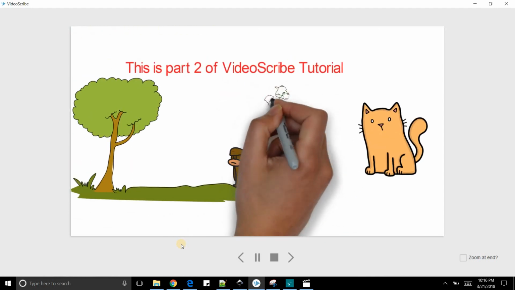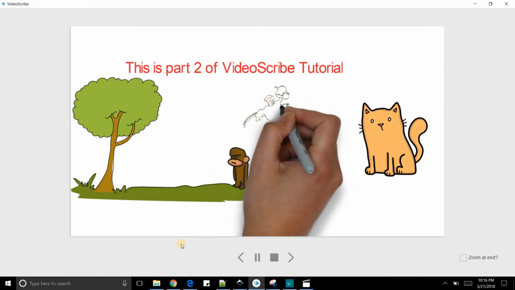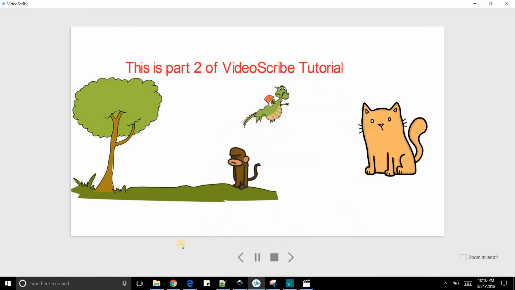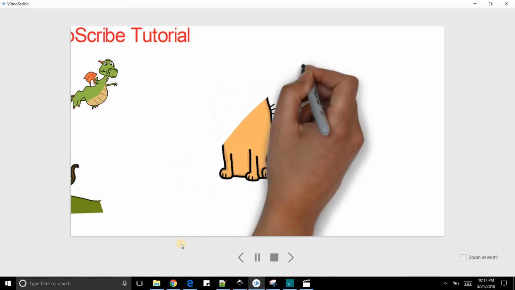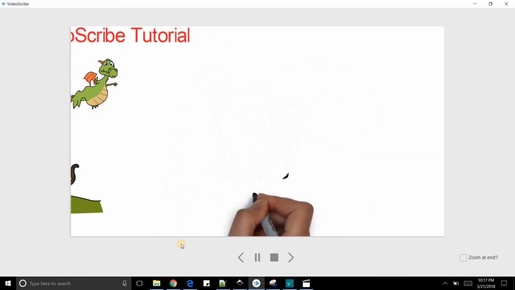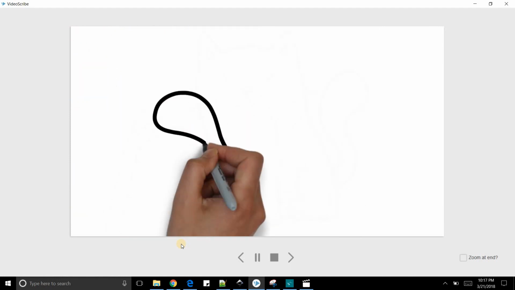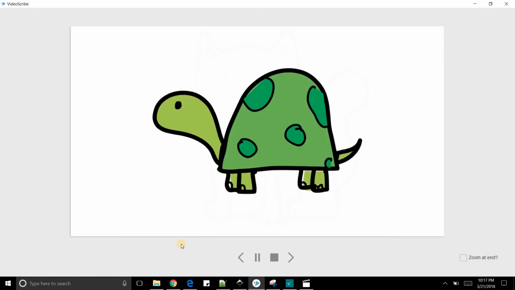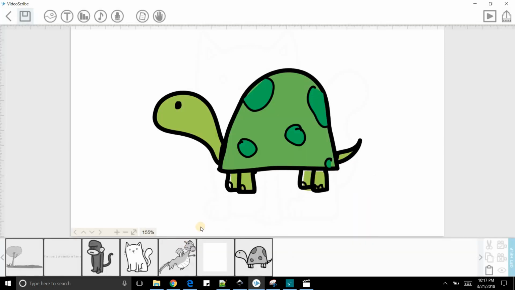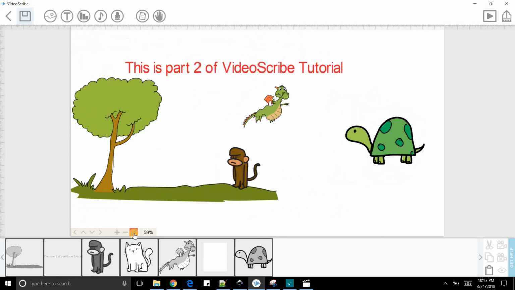Now we are drawing the dragon, and remember it has a 6-second pause time. Now you can see that VideoScribe is erasing the image, and we are drawing the turtle. So that was about how you can erase an existing image in the timeline,